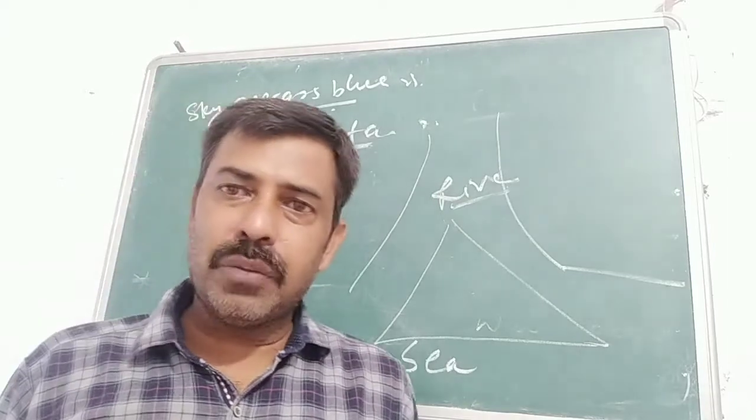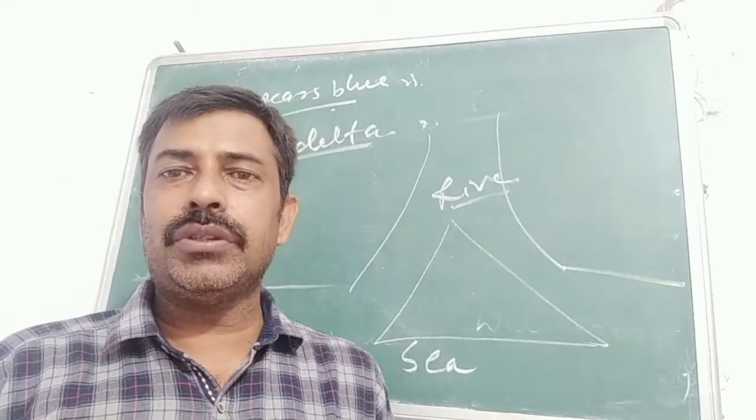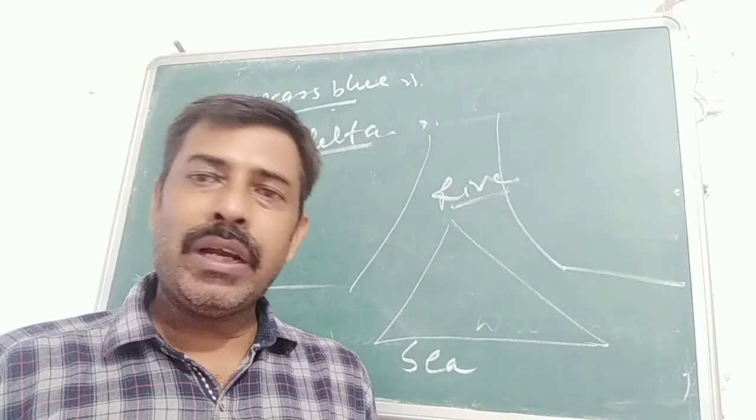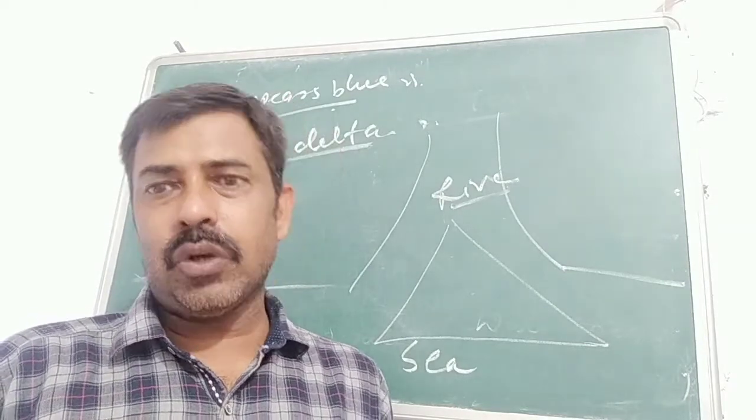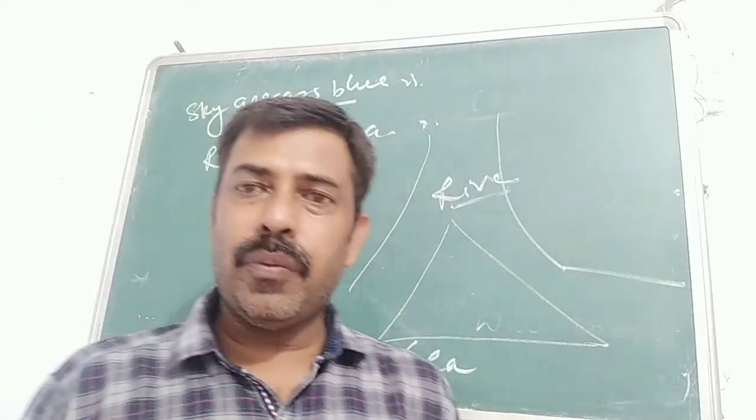That is the deposition of soil takes place. Then why such delta formation takes place? Why is it taking place only at the meeting point, not anywhere else? So when you discuss the nature of river water,